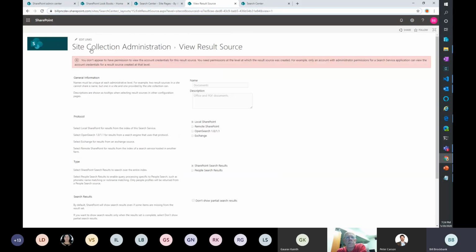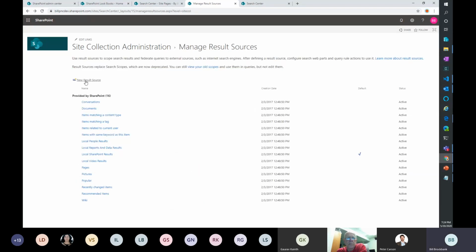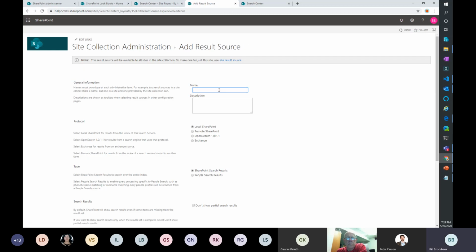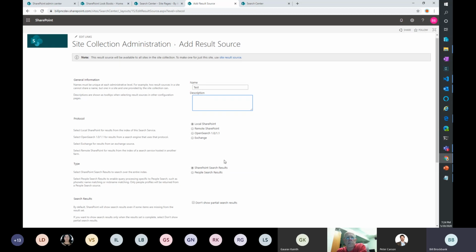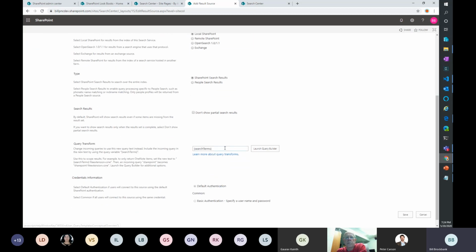If we go back one screen, I'll show you what you get. So we do a new result source. Description, SharePoint, all that. You'll see that the search term here is the search term passed to this.